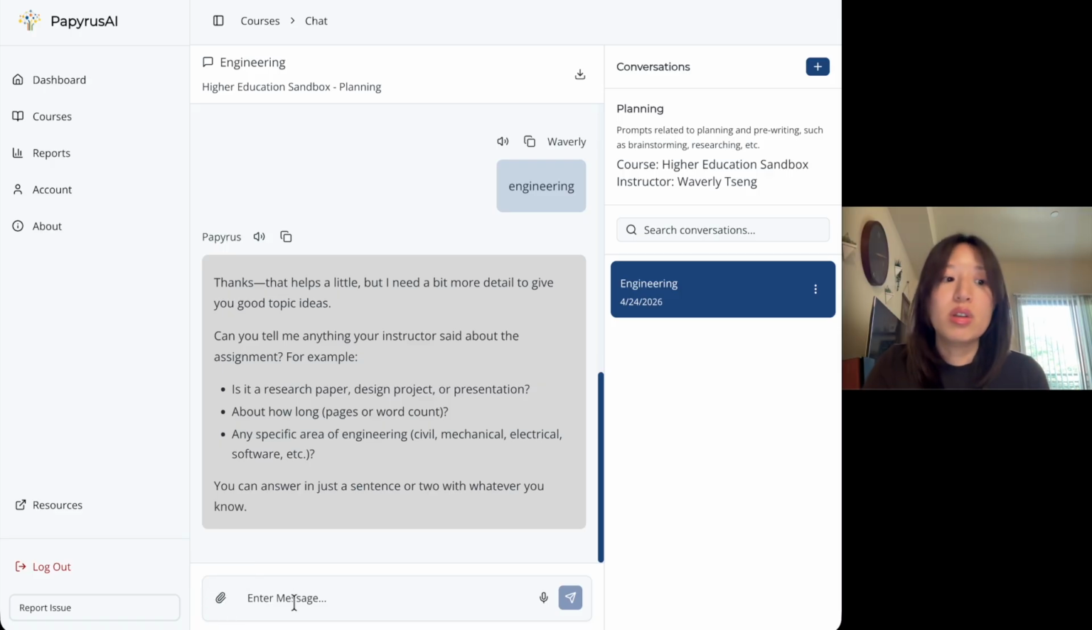So for example, if you are using a prompt that's related to getting feedback on your writing, you may wish to upload the rubric of the assignment so the AI can provide you more effective feedback that's based on the criteria by which you'll be evaluated. You may also wish to upload your draft for your writing so the AI can actually give you feedback on